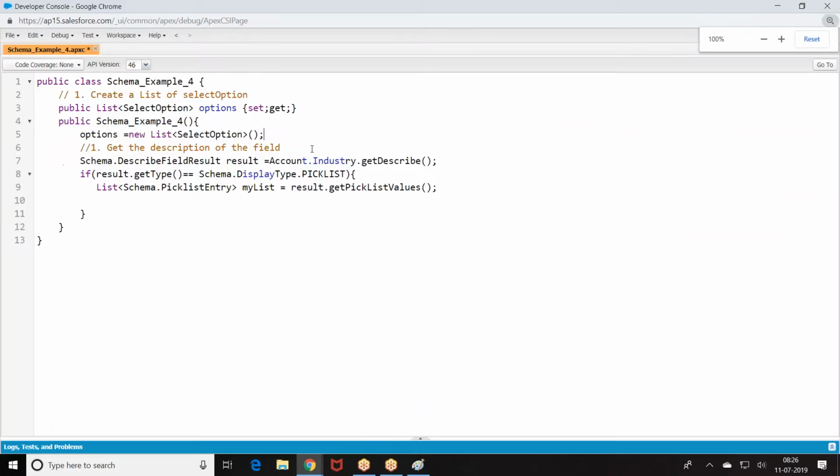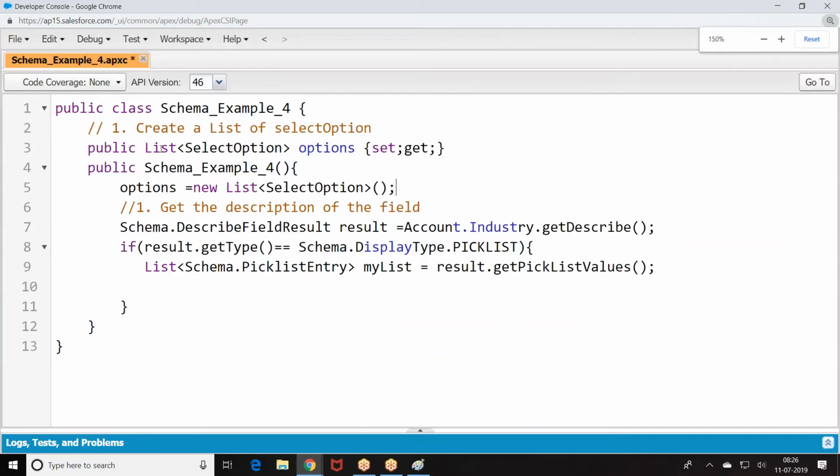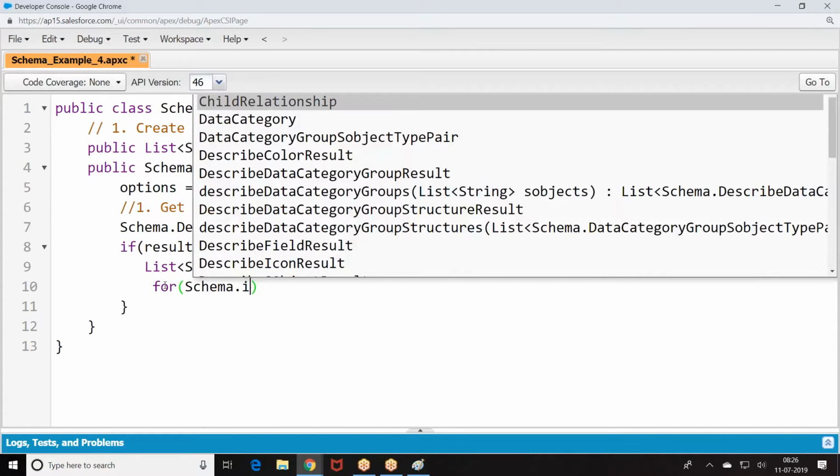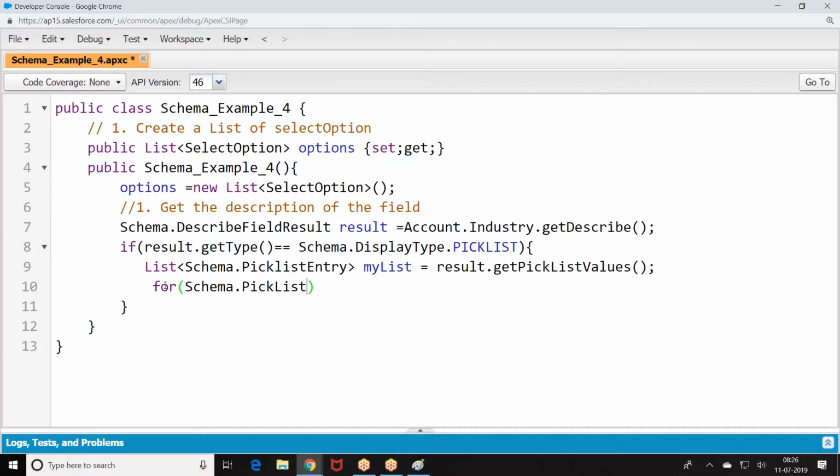Then take one by one. For schema dot list entry, take one by one entry. Create an option for it.